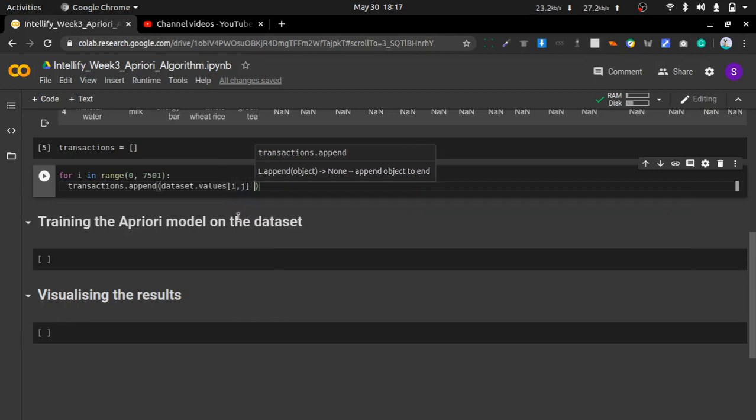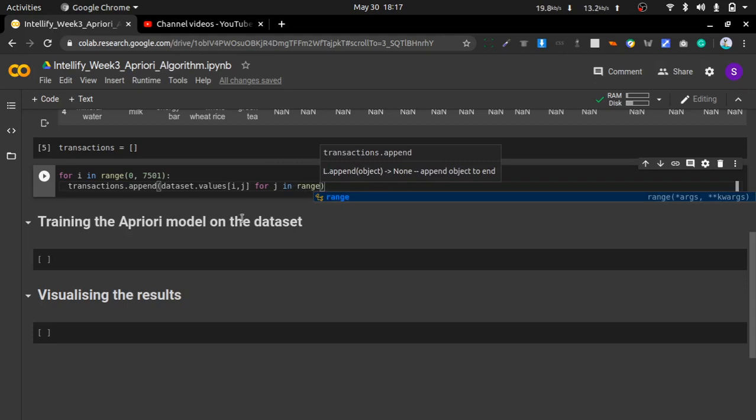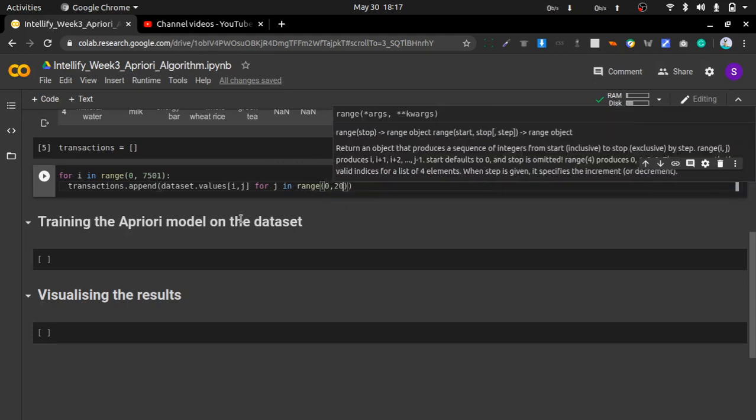This is the list comprehension method, for j in range 0 to 20. Okay, so what do these lines mean?